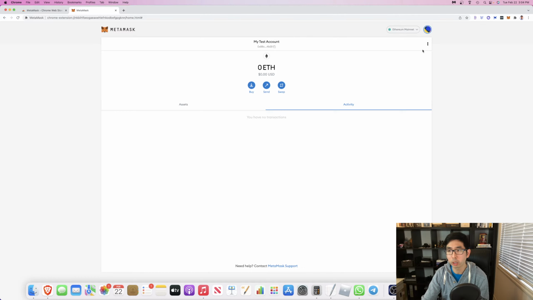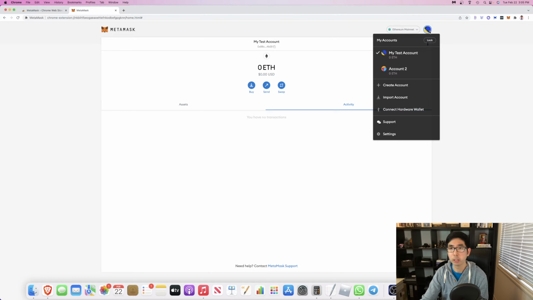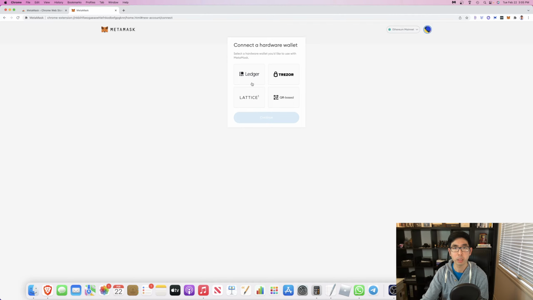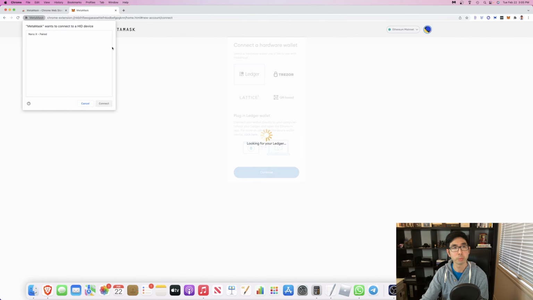The next thing I want to go over is how to add a hardware wallet. So here, if you click your profile picture again, you can see an option to connect hardware wallet. When you click connect hardware wallet, you can see MetaMask is compatible with some of the more popular hardware wallets. I personally use a Ledger. So if I click the Ledger, click continue, you see it automatically detects my Ledger Nano X. I can connect to that,